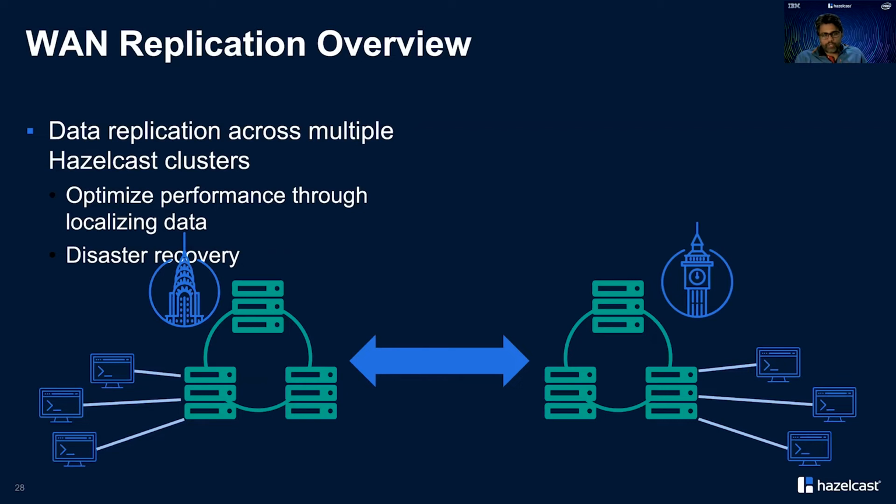And you also have the option of using active-passive DR mode, where only one cluster participates in client operations and the other cluster is basically receiving updates from the primary cluster. And if something goes wrong with the active cluster or the primary cluster, then clients, or your application instances, can automatically switch over to the DR cluster. And they will find the state of the data up to date because it was constantly receiving the data from the primary cluster all the time. So the state of the data is not lost. Hazelcast WAN replication allows automatic switching over of clients from one cluster to another.